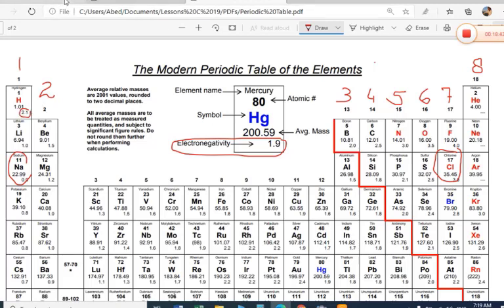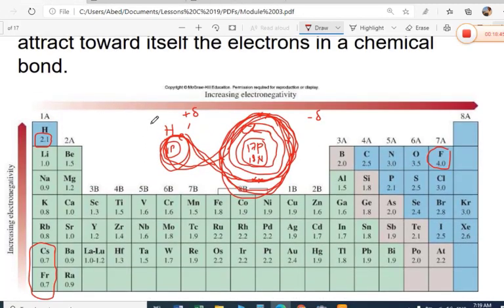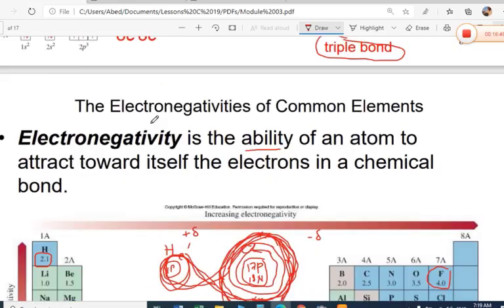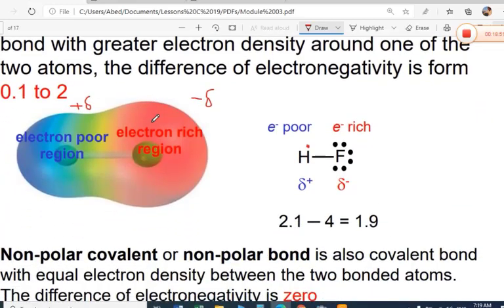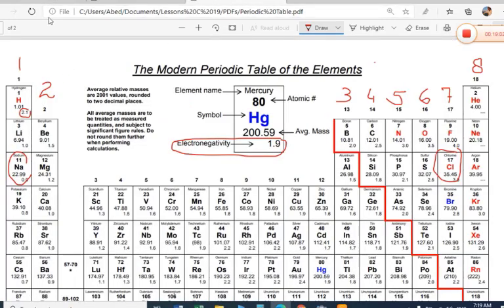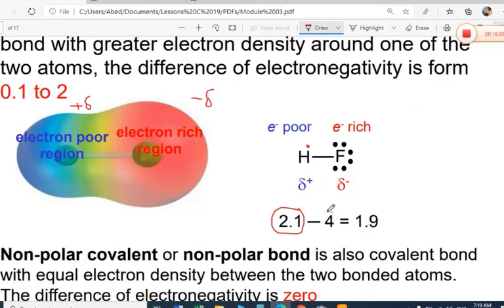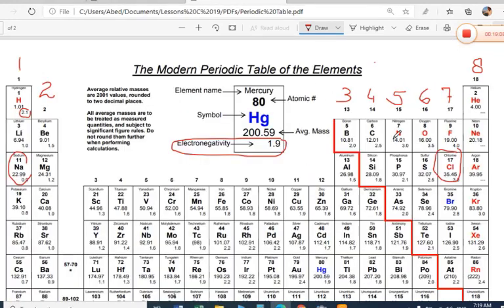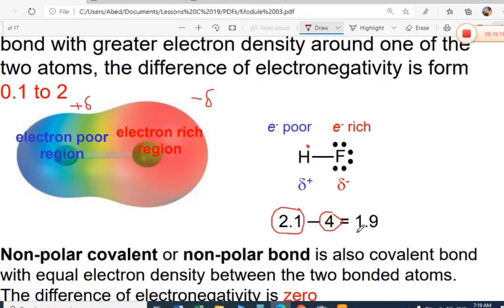So you have to see this electronegativity, and just take the difference of electronegativity. See here the bond between hydrogen and fluorine. We see how much is the electronegativity of hydrogen, that is 2.1, which we take from the periodic table. Hydrogen has 2.1, and fluorine has 4 electronegativity, which also comes from the periodic table. So 4 minus 2.1 is 1.9. We don't put a minus or plus sign with this difference of electronegativity. This is just the difference of electronegativity, 1.9.